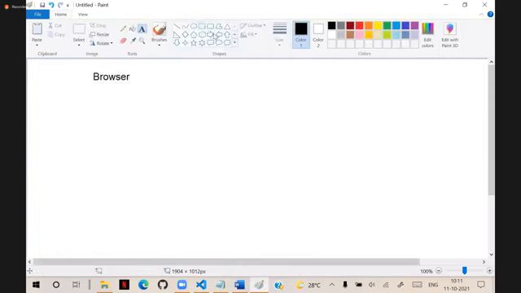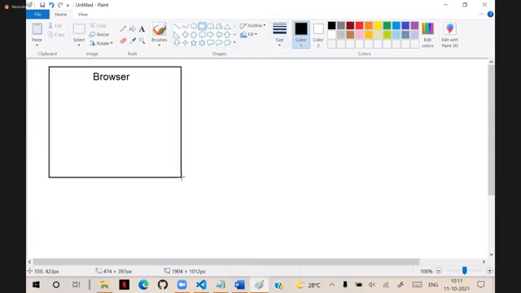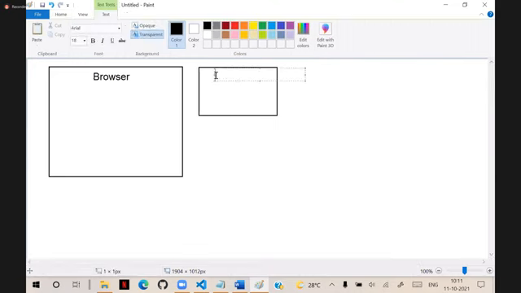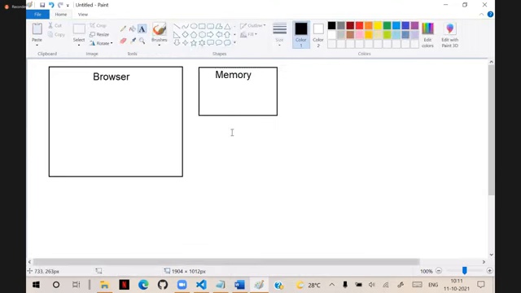Browser. Now generally, every browser, we saw, has an engine, a parser and all. Every browser actually has its own memory. For every browser, some memory is allocated. And every browser has different abilities. For example, you will hear so many times